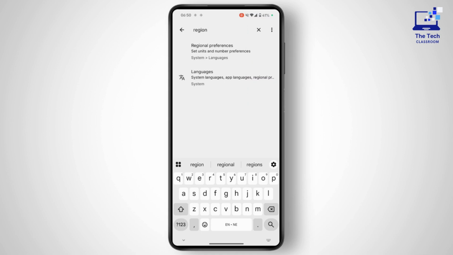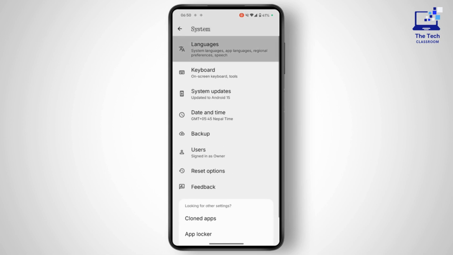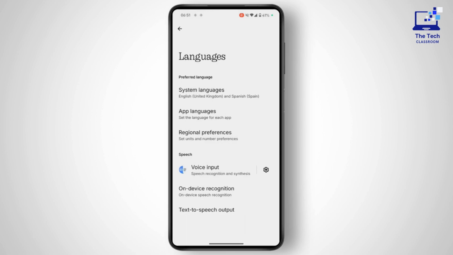So after you're on this section, what you'll need to do is head over to language, and after you're there, you'll find multiple options again. After you're on this section, what you'll need to do is search for an option that allows you to reset your language. So head over to languages, and after you're here, you'll find system language, or you'll find regional preferences. Tap on this,